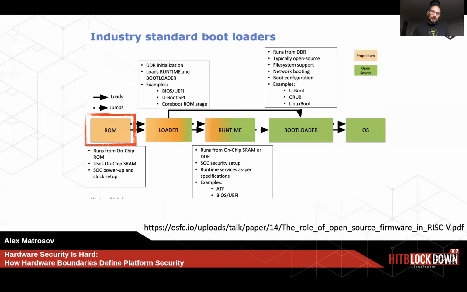But let's talk about how modern industry standard bootloaders work. We have a small ROM, which passes control to the loader and the second stage loader. Usually the root of trust in these chips is tied to the ROM, and the ROM is unpatchable. So basically, if we have a vulnerability inside the ROM, or somebody from JTAG can bypass the ROM validation for the loader, it's done.